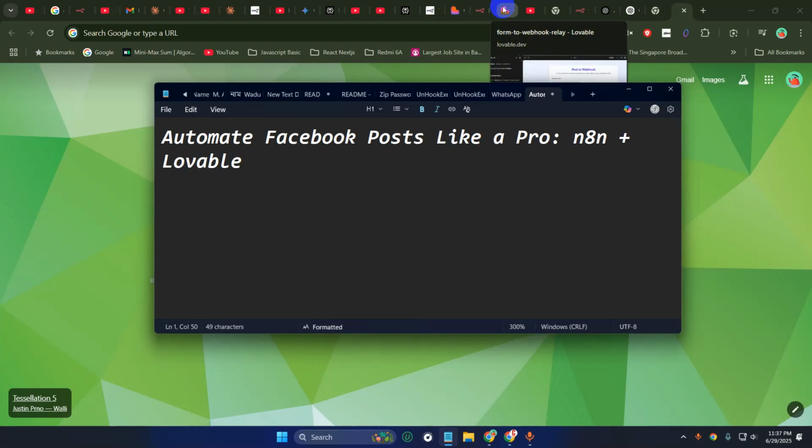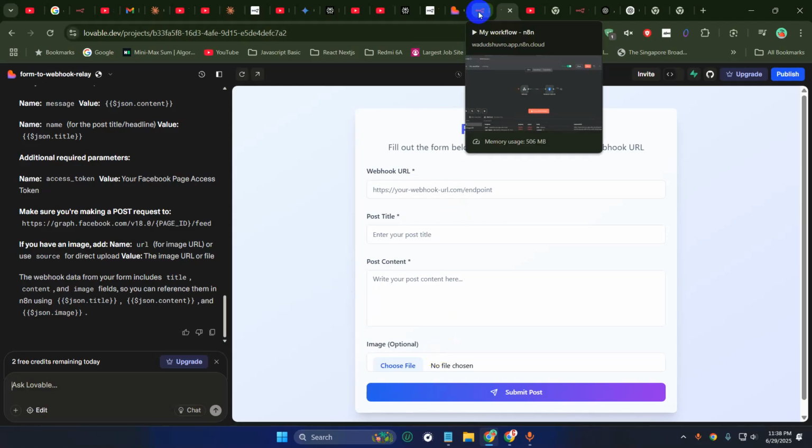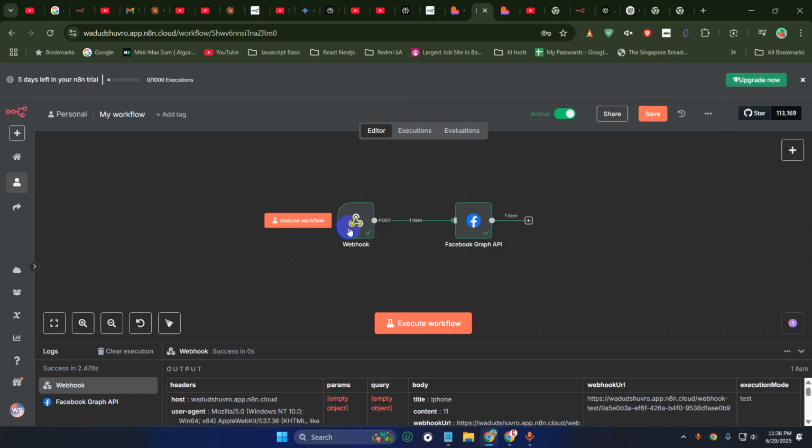So here in this Loveable, I have created just a basic user interface. Here you can see only the webhook URL, which I will get from that n8n, and the title and the post content. In future, users can add images also. So if I show you the workflow in the n8n, though it's looking simple,